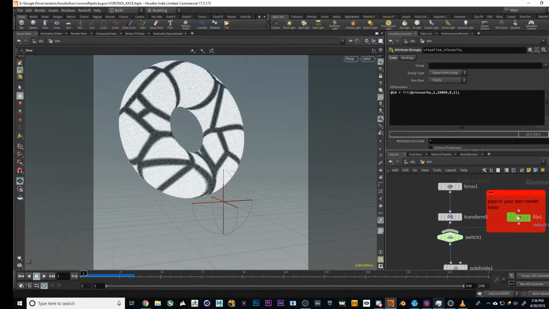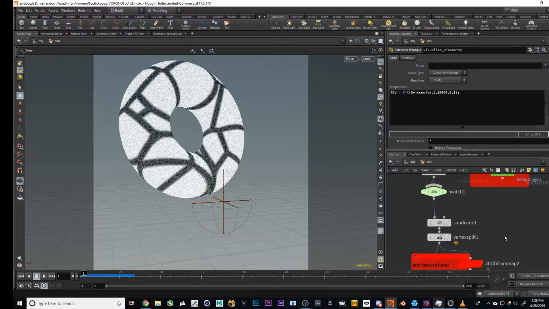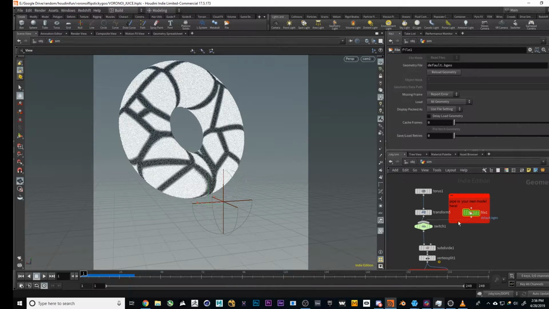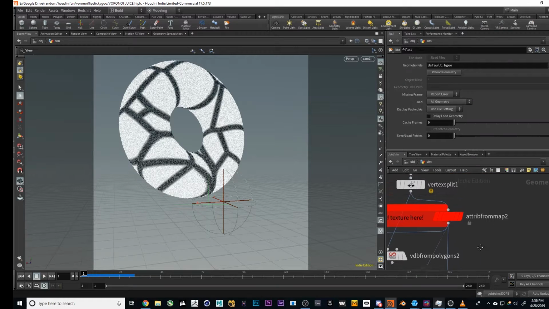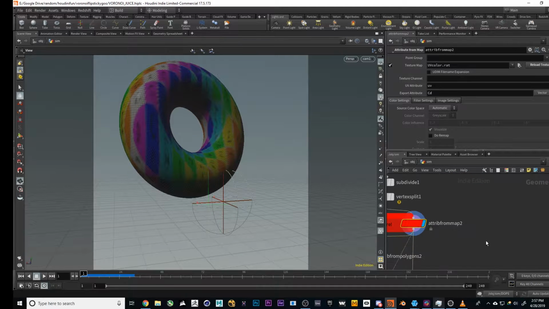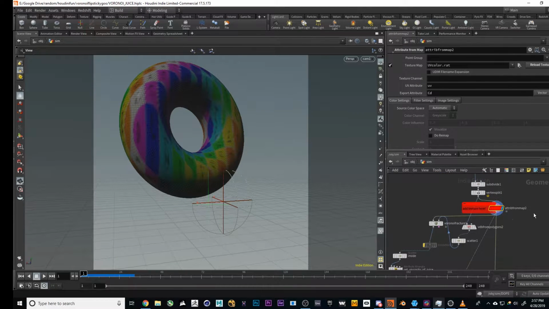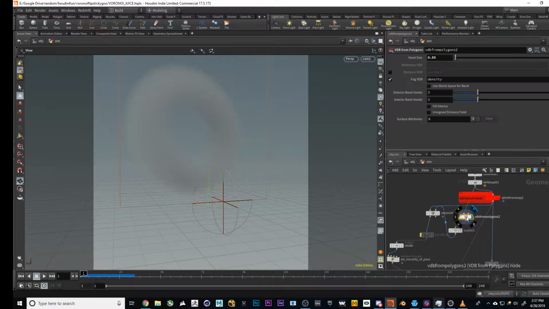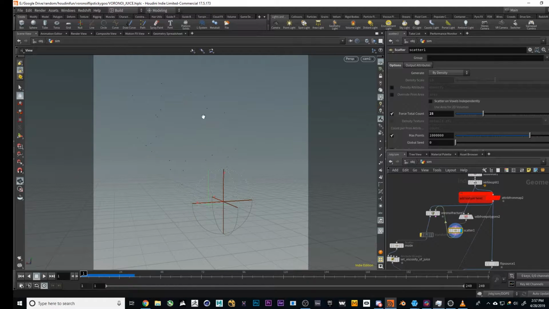setup with this torus here. And all that's happening is the torus is going through this chain, pipe in your own geometry here, obviously. And then there's this attribute from map node where you should stick in the texture for that geometry. And then, over on this side here, it's basically creating a VDB for polygons, scattering some points in there,